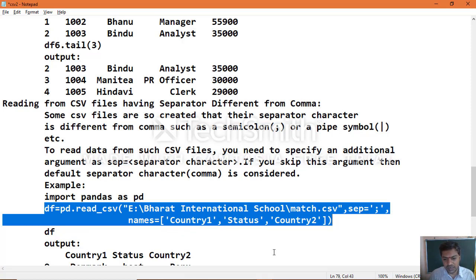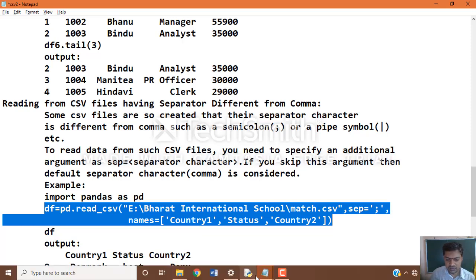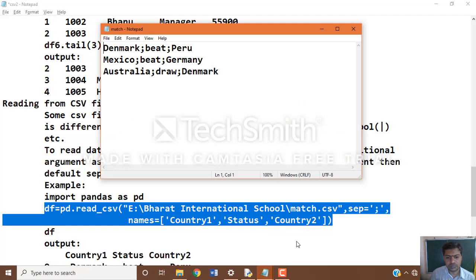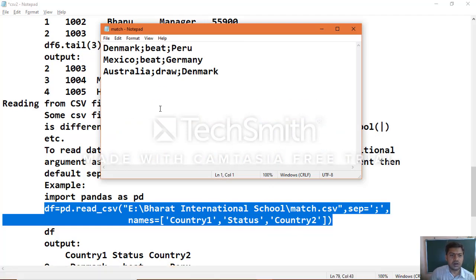So like a sports related one which we use here. So match.csv, there are matches which have different teams and status, and that information you will see in the CSV file. Okay, so take one more notepad and type the data, and you can specify the country names as well as status. So related to sports, we create this CSV file. Yes, once you create it, you can save it to your file, then you can come back and write a data frame object.